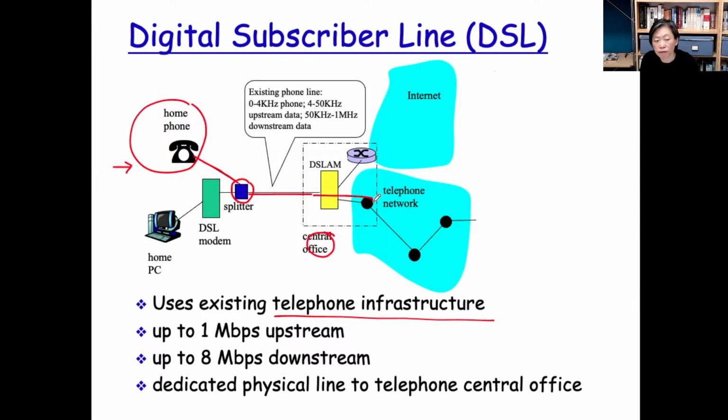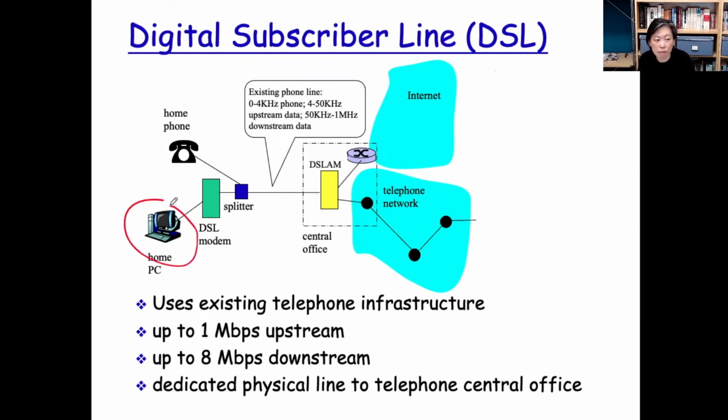And inside the telephone company, there are switches. They're switching the phone calls, and eventually the phone call reaches the friend that you're calling. So this is the telephone infrastructure, and it has been there since, I think, the late 19th century. But starting, I think, in the late 20th century, we wanted to do this.